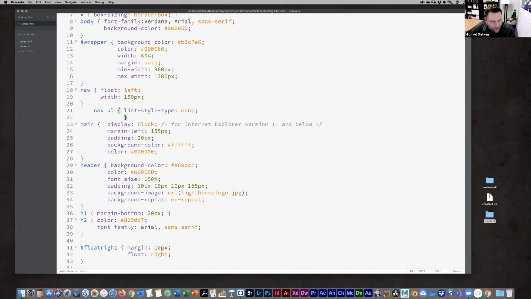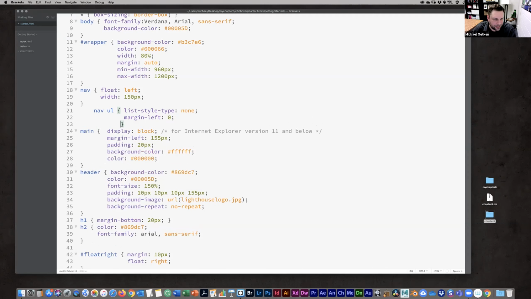The other thing we want to set up is a margin-left. We're going to make that 0, that way everything lines up nice and neat. And we're also going to add padding around all 4 sides, to give a little bit of breathing room there. 10 pixels. Okay, so we got this set up now for our unordered list.